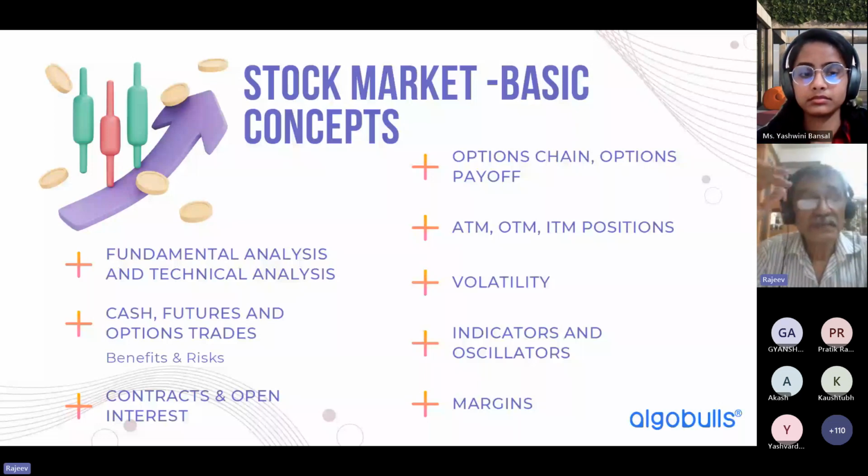The next item on my agenda is knowing about derivatives of the stock positions. So when I say derivatives, the underlying entity that gets traded is the stock. Suppose you have Infosys as a stock that you want to buy or sell, that is the underlying stock, which is considered as a cash position. So you deal in the cash position.